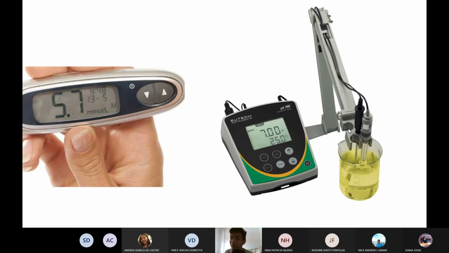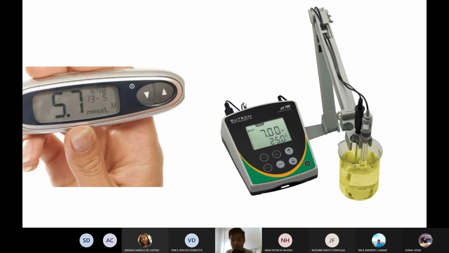Electrochem yun, okay? So electrochem yung ginagawa nila. What they do is that this probe actually measures the voltage around the solution. So, pag nilublob mo yan, it will determine the voltage difference. Kunwari, ito, may voltage to na ganito. Tapos yung standard ko is may ganitong voltage. So, depending on the difference, you can get the pH.